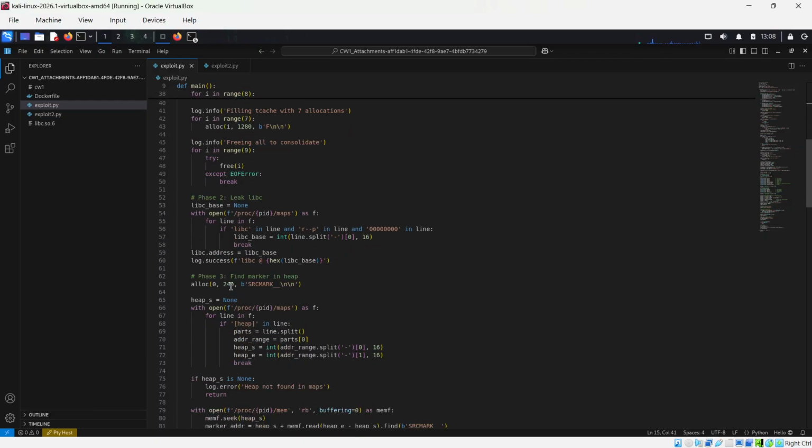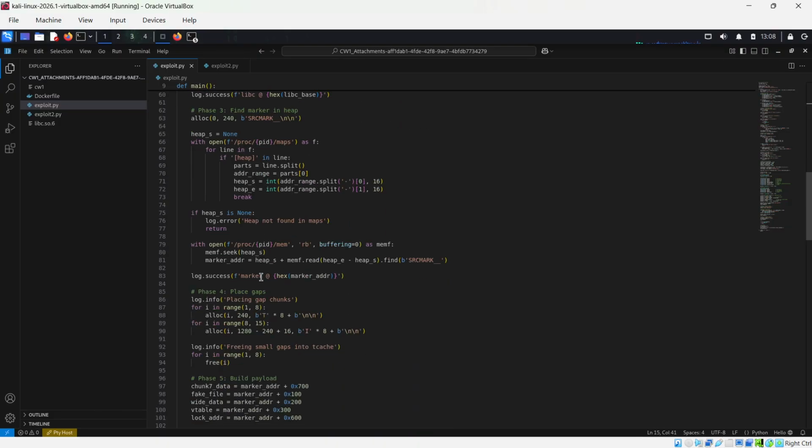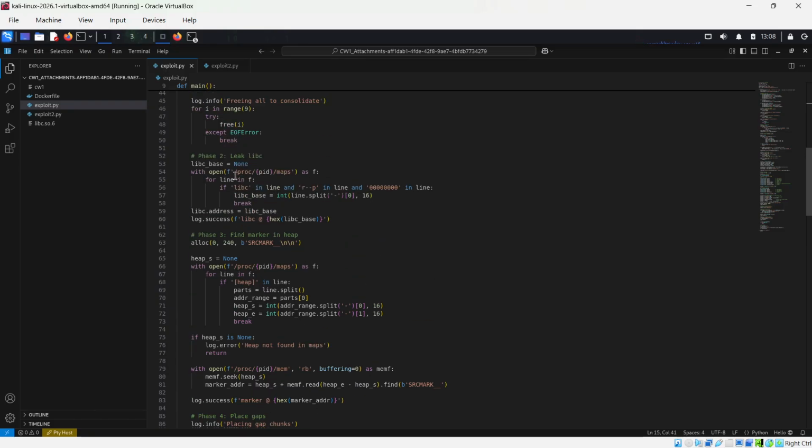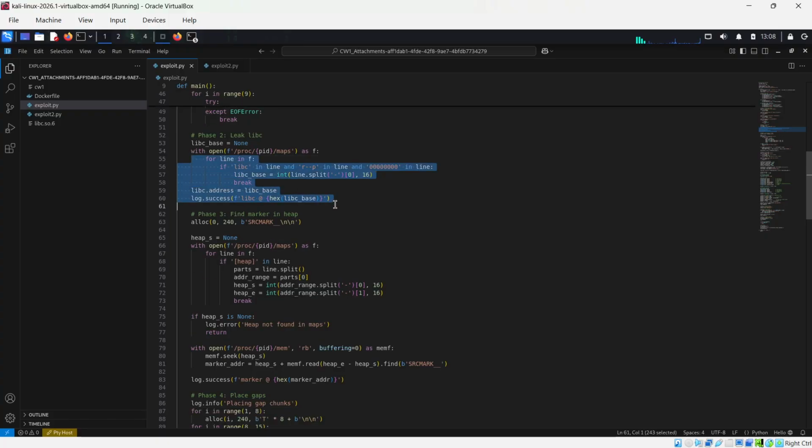After that, I find a marker in the heap and find the libc leak. To find the leak in libc, we also use the function leak libc, right? You can see over here a series of view or print primitives is used to leak a heap or libc pointer, which is used to defeat ASLR by calculating the base address of the loaded libc. So I wrote this code in order to